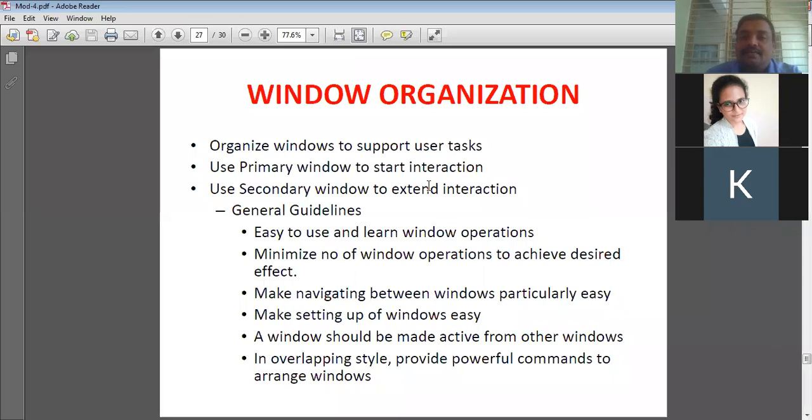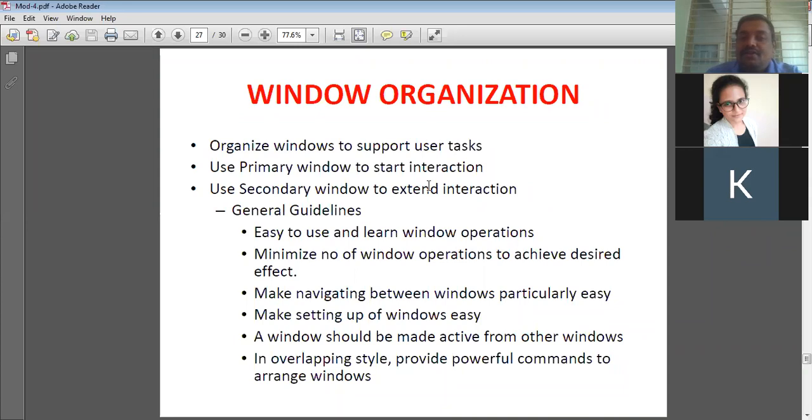Whatever the desired operations are, they should be achievable. Next, make navigating between windows particularly easy. That means navigation, the movement or mouse navigation from one window to another window, should be easy. Next, make setting up of windows easy. So window setting up should be easy.